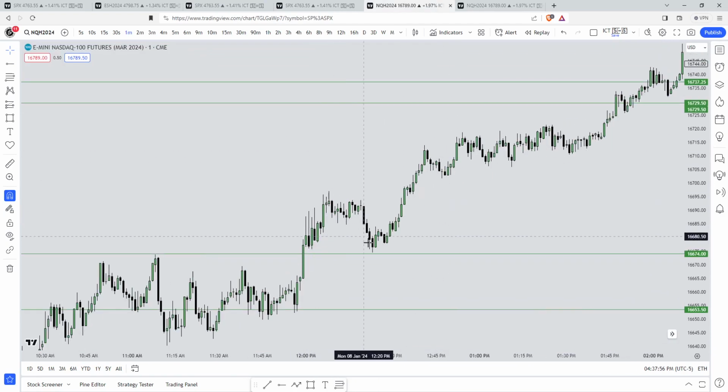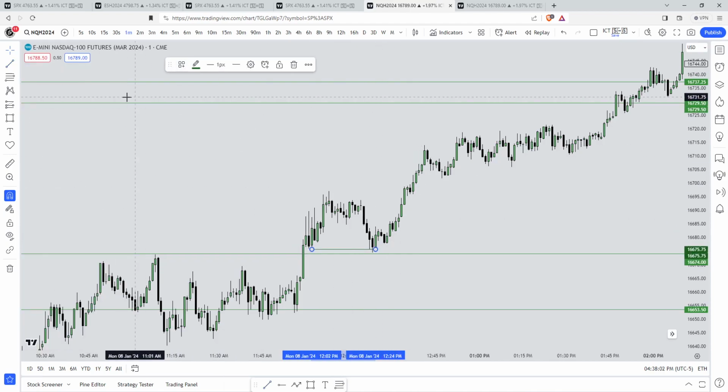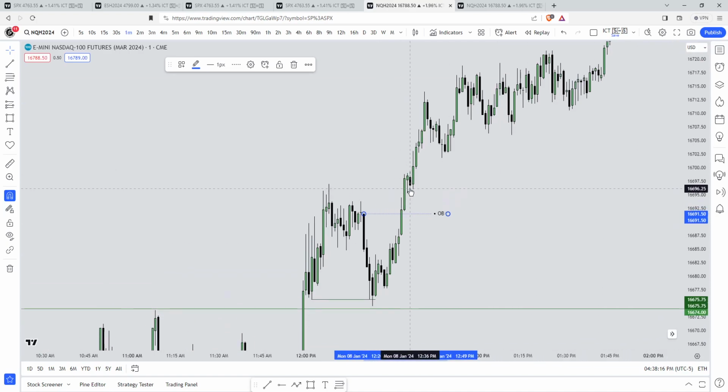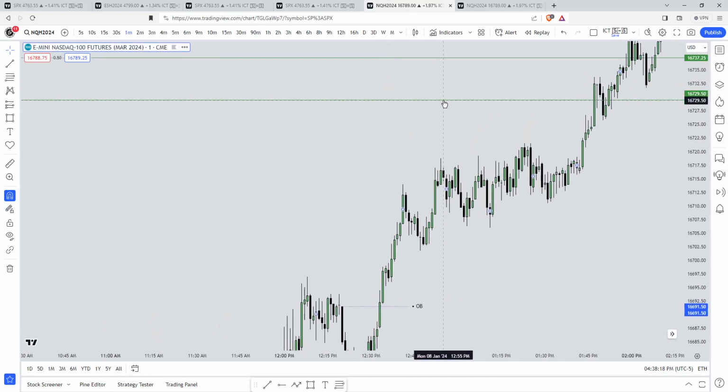Price broke above this high, returned back, took out sell side liquidity, and then it expanded higher. So once I see this, this is a sign to me price took out buy side. Once it takes out that buy side, I want to see a run on sell side, and then I want to see it expand higher. It did that. So in here, I could take a long, and I could target the next buy side above,